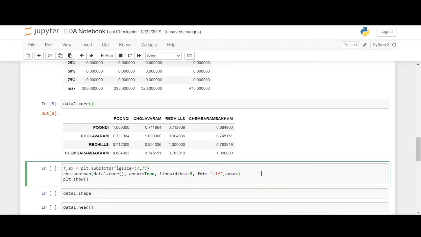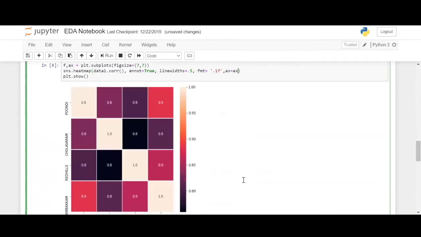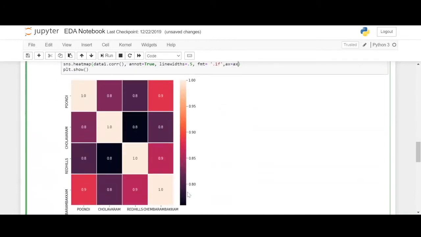Instead, we are going to plot a beautiful heat map which depicts the correlation between various variables. Using a Seaborn heat map, we define a figure size of 7 by 7 and embed the correlation into the heat map. These are default arguments which specify the formatting of your Seaborn heat map. This looks much better, with the color intensities denoting the amount of relationship between the two unique variables.